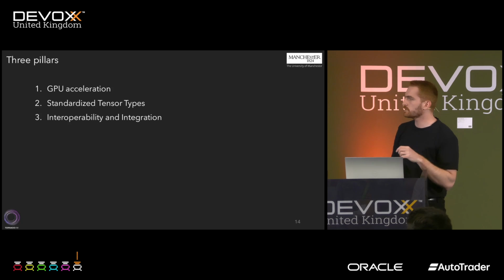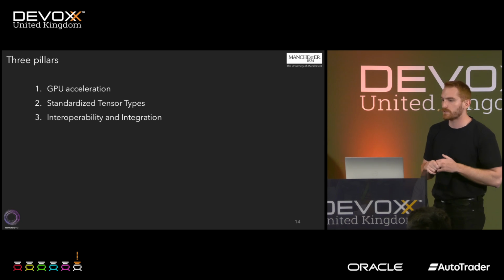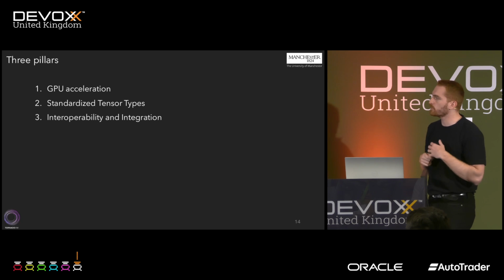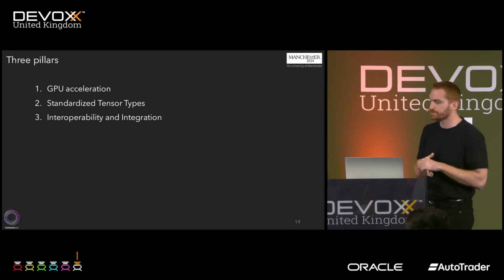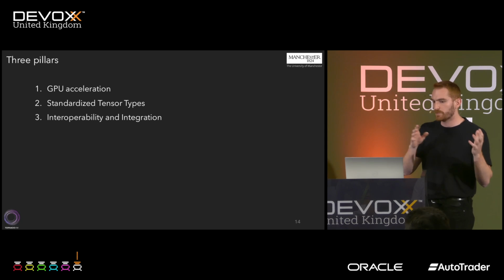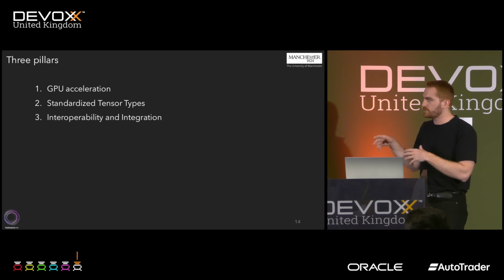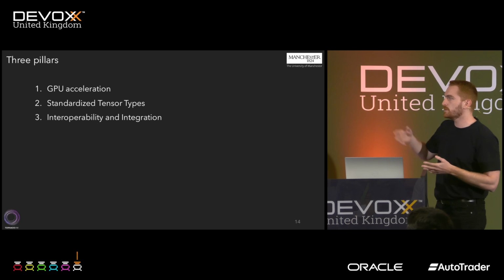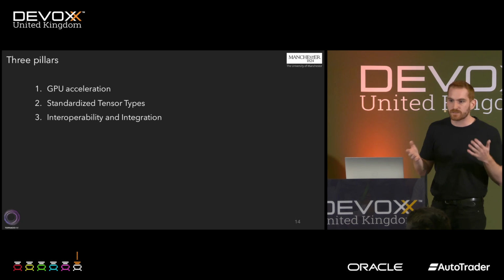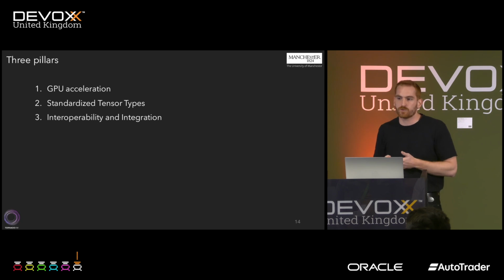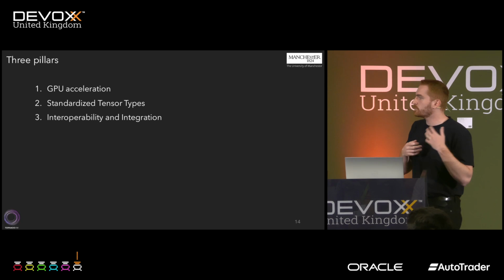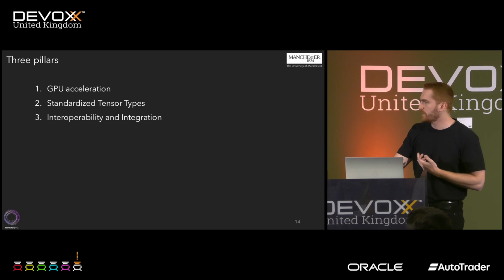My team and I have been working on Java and GPUs for almost 10 years now. We started from the project TornadoVM. So we came up with these 3 pillars, as we call them. If we want to build AI-competitive libraries for high performance inference in Java, we need these 3 things: somehow to provide GPU acceleration; a standardized tensor type, which is what Python frameworks have been doing for quite some time now; and interoperability and integration.